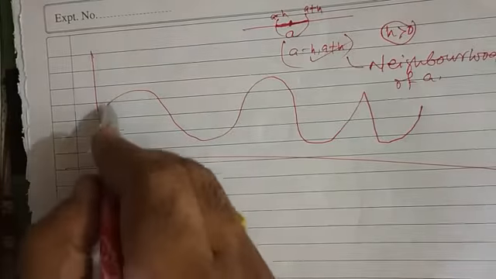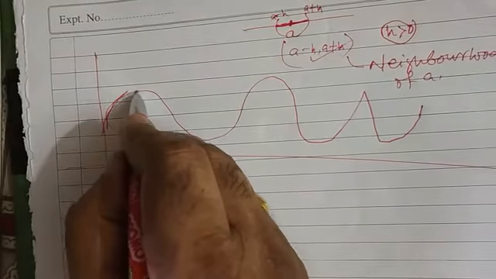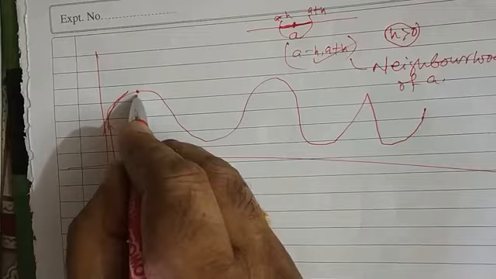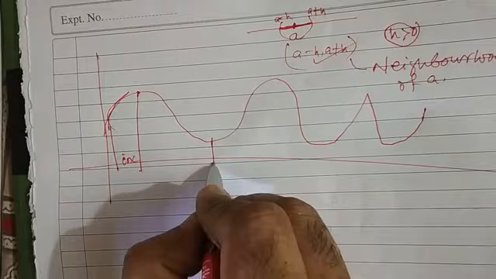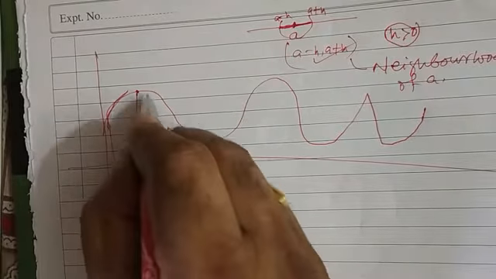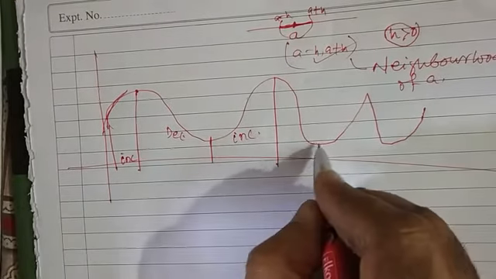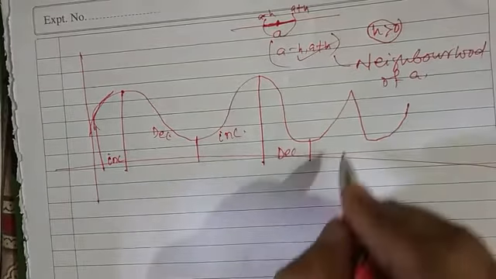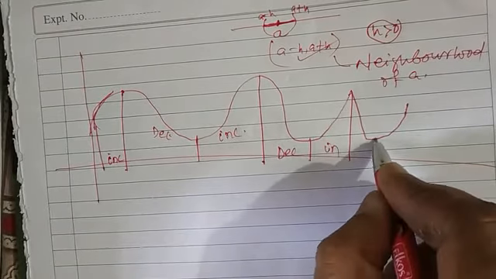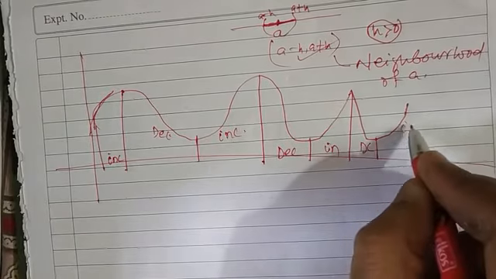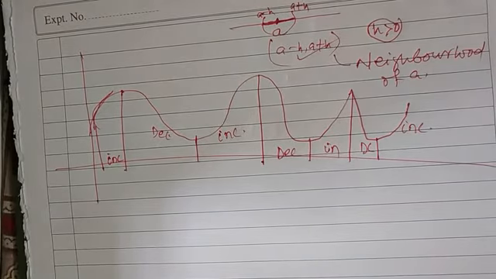You see, here the function increases. ये यहाँ से यहाँ तक फंक्शन इंक्रीज करता है. Up to this the function decreases. Then it increases. Here decreases. Here increases. Here decreases. Here increases. Getting that? Now you mark. Just you see.